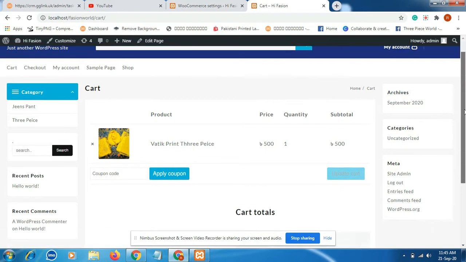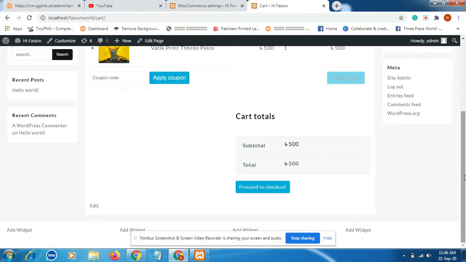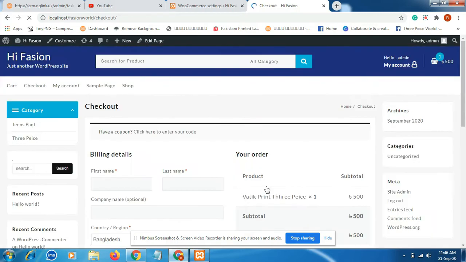Here is a cart option available. Click here, place order. Okay, this is the billing option.